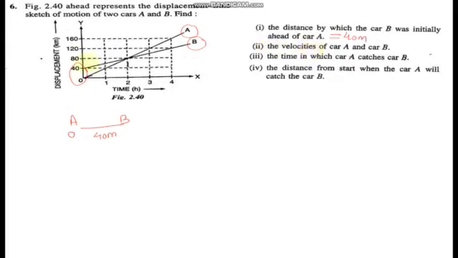Then comes what is the velocity of car A and B. जब भी हमारे पास displacement time graph है, the slope of the graph gives us the velocity. We can find the slope from any 2 points on the graph. Now let us take the graph for A. Take this point. So let us find the slope for the graph of car A. Slope is given by perpendicular height over the horizontal height.